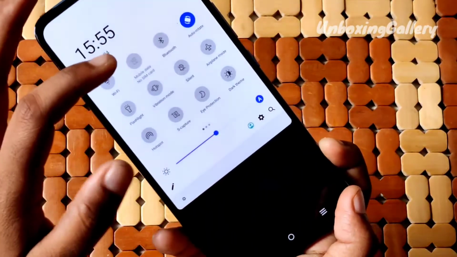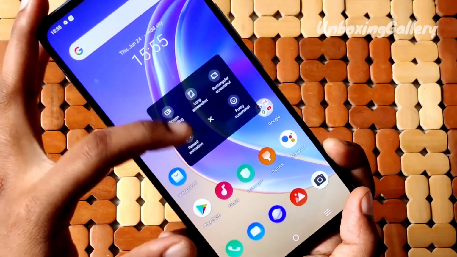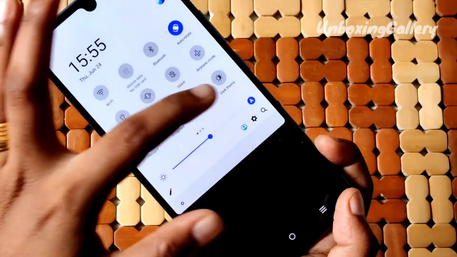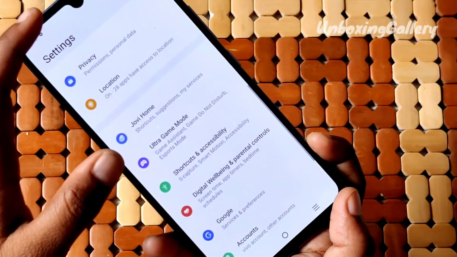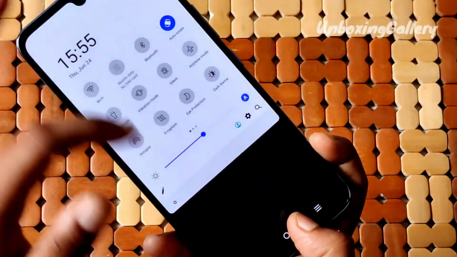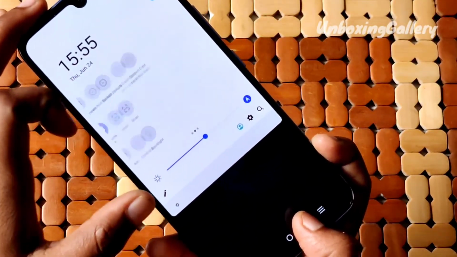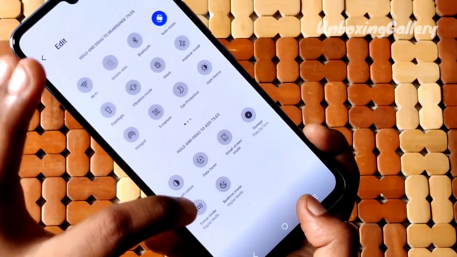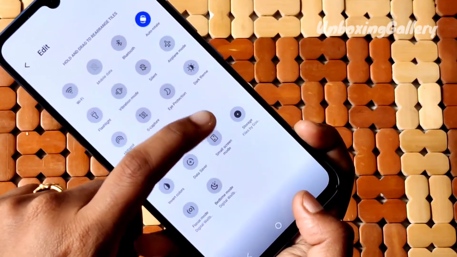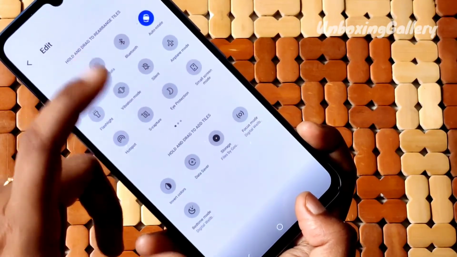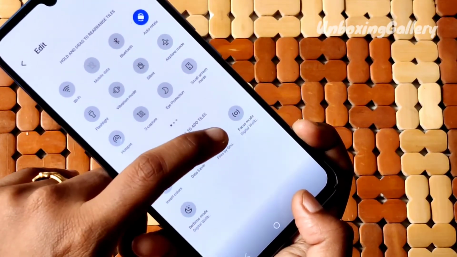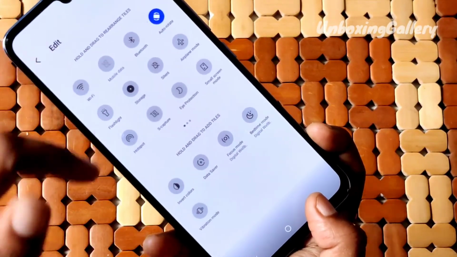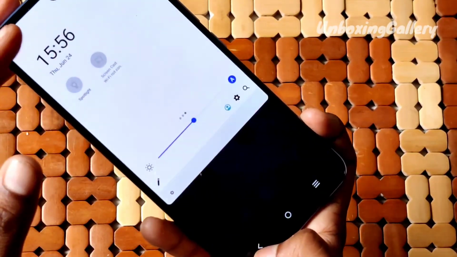Swipe down on the top bar and you can see a capture option. In that you can record the screen and take a long screenshot. Next, you can access the settings in it. Next, you can edit that icon. Click the edit button. Click and drag into the top. Whatever icon you use frequently, you can click and drag it on top so you can use it easily.